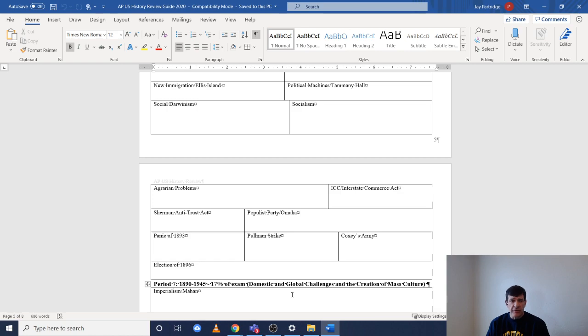And we're going to start doing individual documents. Make sure you dust off that review book. There are a lot of good DBQs, and I'm going to start giving you some practice DBQs out of there. And the other thing is, starting tomorrow probably, we're going to start doing more thesis statements and things like that